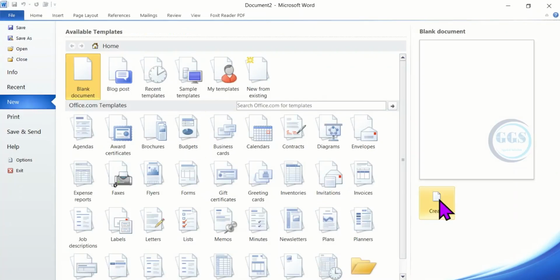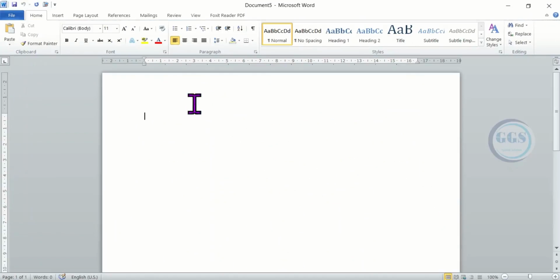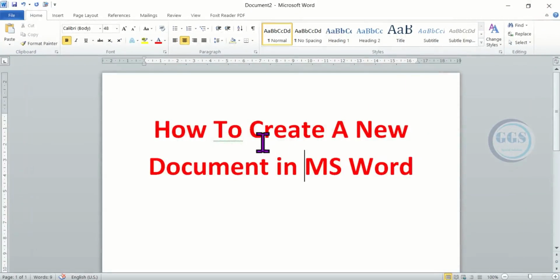Click on New and click on Create. This will open a new document page for you. So this is one of the ways of creating a new document in Microsoft Word. So let's close this. The second way of creating a new document in Microsoft Word is to come to this